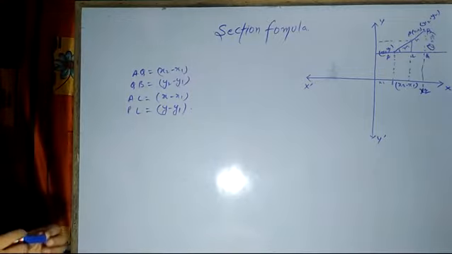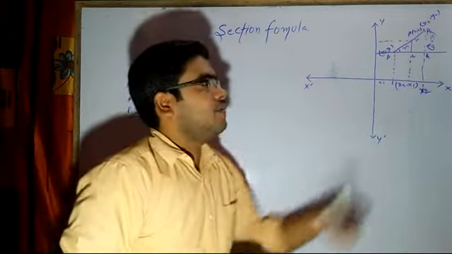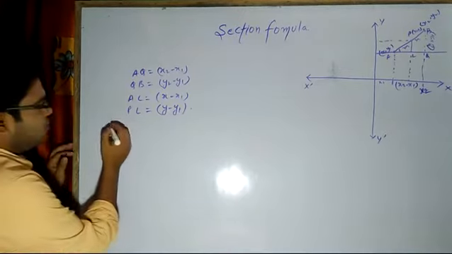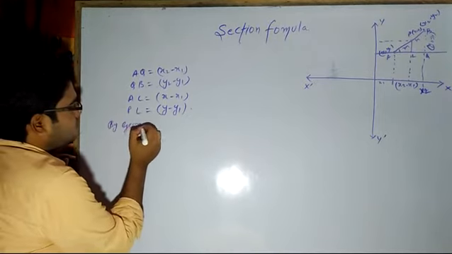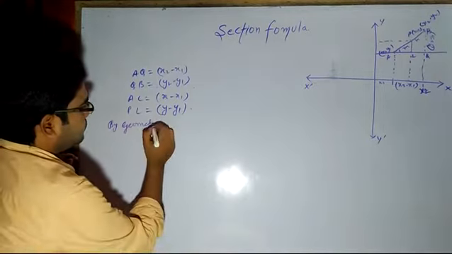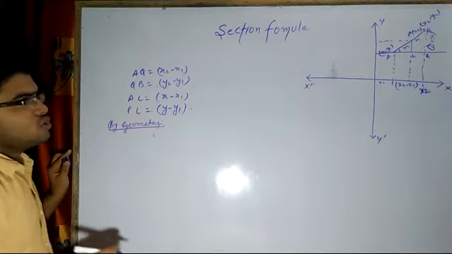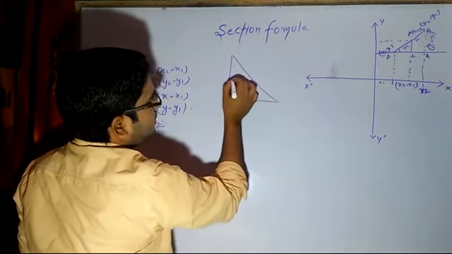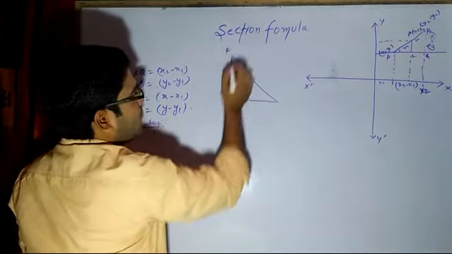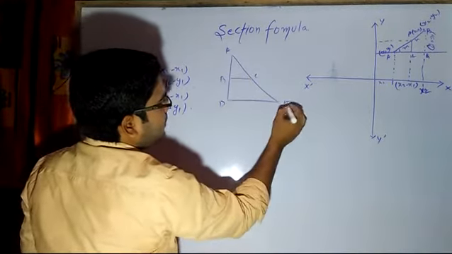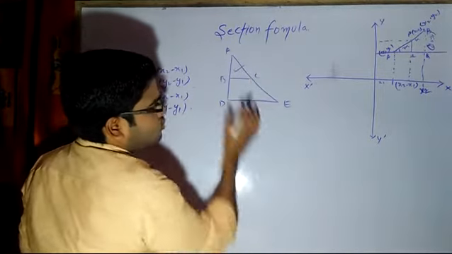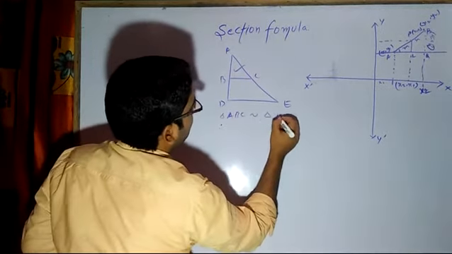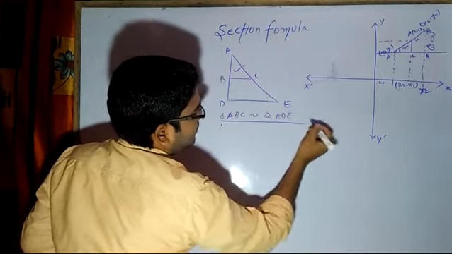Now we have to see how the formula is going to come about in the same way. Unless we take certain assumptions, we cannot get the formulas, right? So here, by geometry, when we have two triangles enclosed in another triangle, suppose I have A, B, C, D, E, then obviously the smaller triangle, triangle ABC, is similar to triangle ADE, right?